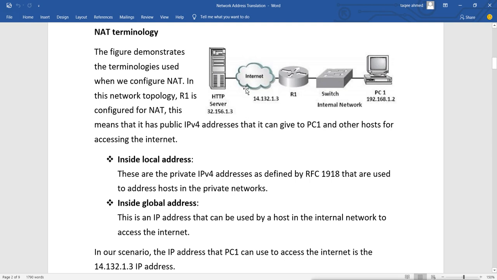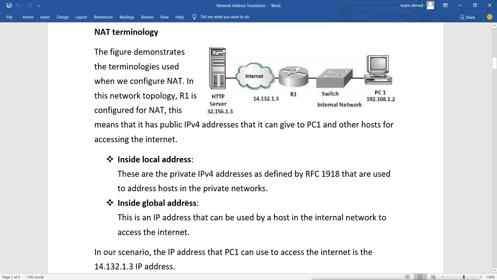Basically, when you see this design here, we have this PC in our LAN network, the internal network, then the router is the one doing the NATing, then this is the public address which we are using for this private IP, and this is the server on the internet we want to connect to. So the inside local address is the private address which we want to translate. In this image, this one, 192.168.1.2, will be called the inside local address.